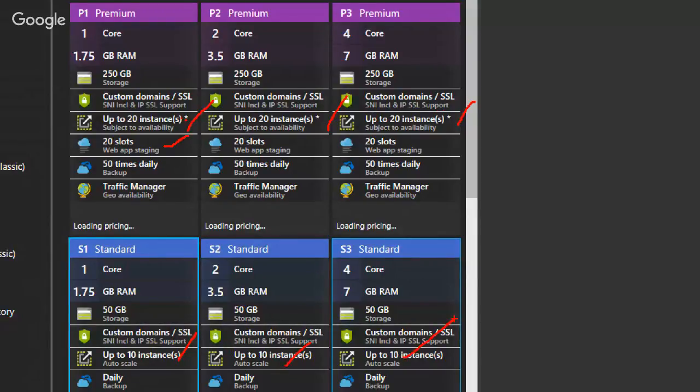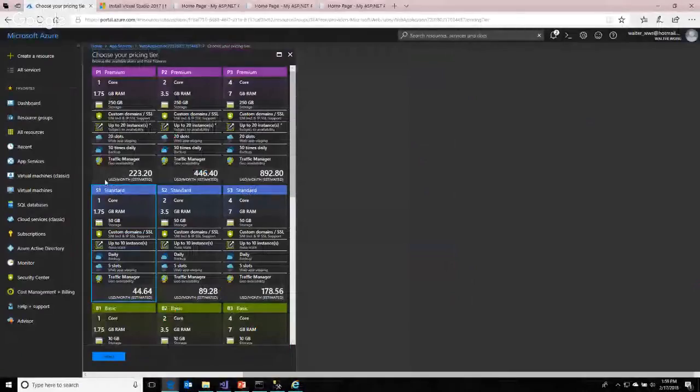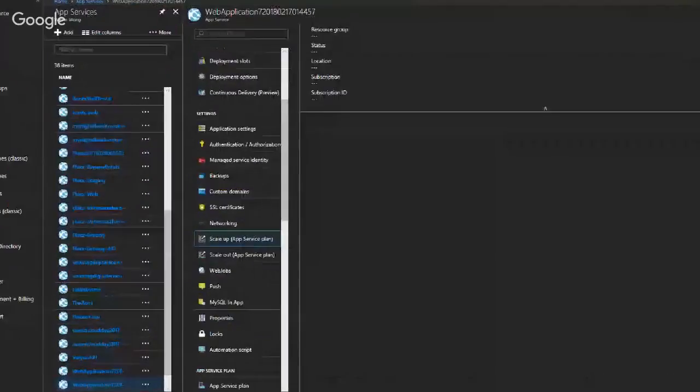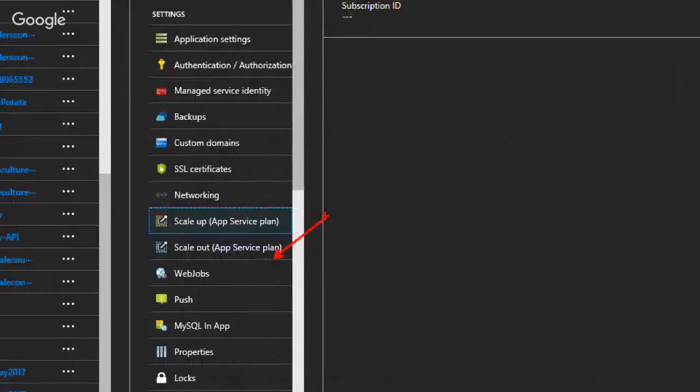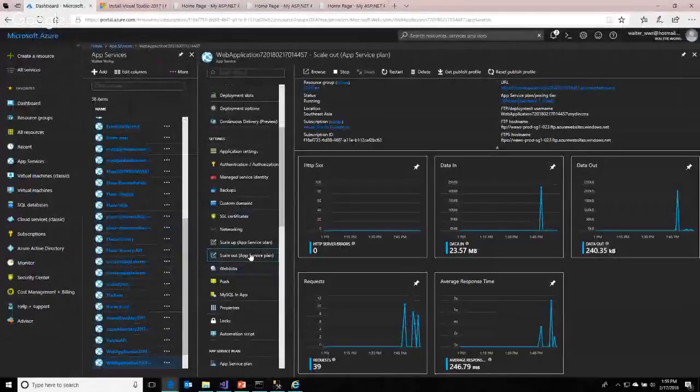So there is a limitation on which package you choose, but you can choose it anytime you want. However, if you do a scale up like this, the services will not be down. But if you do scale out, you come to here, you can choose this one, right? And then you will have a scale out.